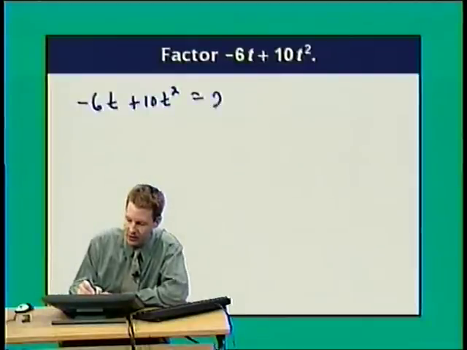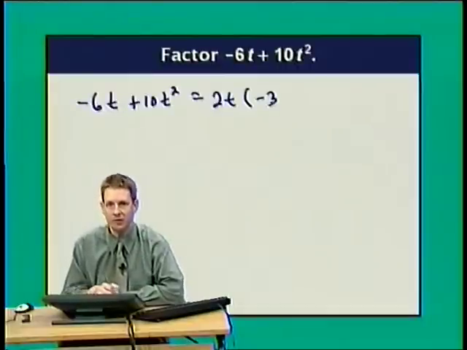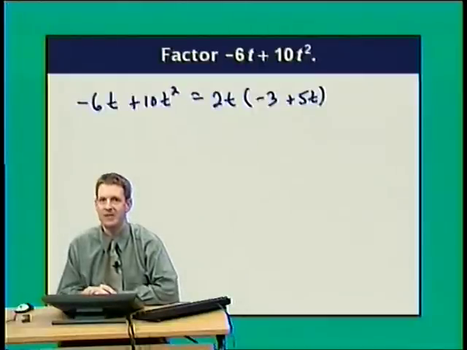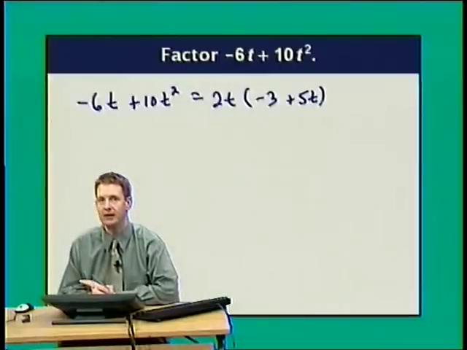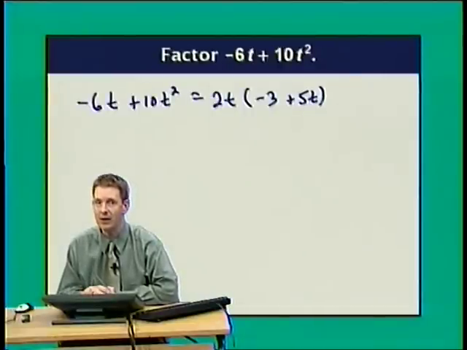So I can factor 2t. When I do that, I leave behind negative 3 from the first term and plus 5t from the second term. 2t times negative 3 is negative 6t, and 2t times 5t is plus 10t squared. I could stop with my answer written this way, but when we're writing the terms of a polynomial, it's pretty standard procedure to write the terms in descending powers of the variable, with the only exception generally being if the